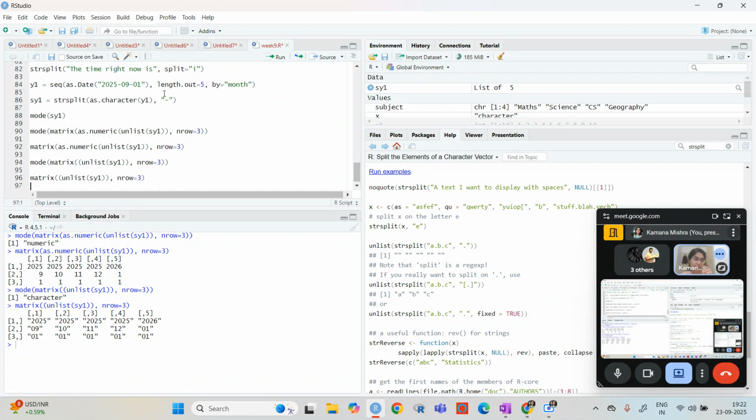Then I can separate it wherever there is a separation after longitude and so on. I can convert it into a list, and then I can make a matrix or data frame out of it. Once I have the data frame, I have separated the latitude, longitude, and date. These are some things which can be useful in real life too.